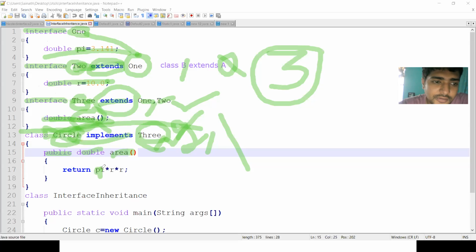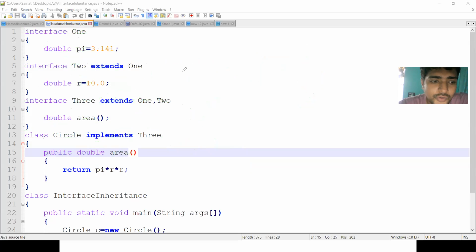Here the pi value is acquired from interface 1. The r value is acquired from interface 2. So this is the concept of inheritance in the interfaces. I am implementing the interface 3 here.